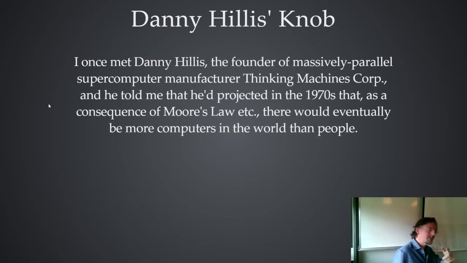I met him at a conference once, and he said that in the 70s he'd predicted that if you take that Moore's law curve and just keep it going, because there was no particular reason to assume that it wouldn't, eventually there would be more computers in the world than people. Now, in the 1970s, that sounded ridiculous. We didn't have home computers yet. Even the idea that an individual person would own a computer was kind of far-fetched, although some people thought it would happen. But computers were owned by institutions and banks and universities. So the idea that there would be more computers than people seemed absurd. I mean, why would a person need more than one computer, right?